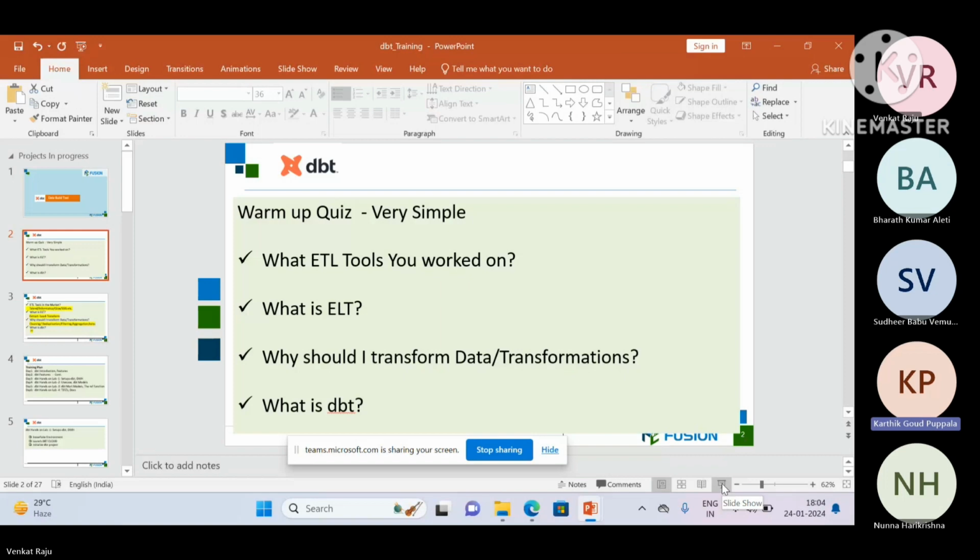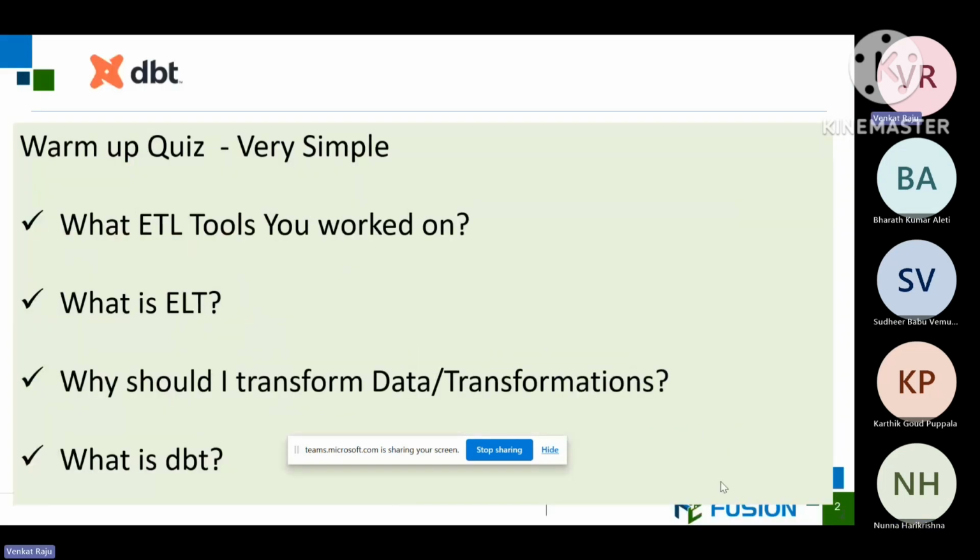Worked on Azure. Okay. So Sudhir and Bharat, I mean, Hari, have you worked on any other tools other than Snowflake? I know you work with the Snowflake copy command and all. Not completely involved in an ETL tool, Raju, but I worked on